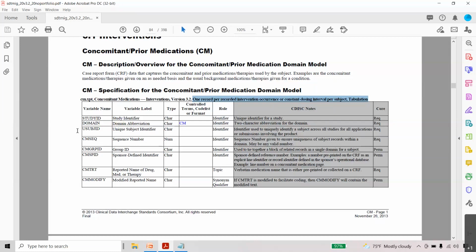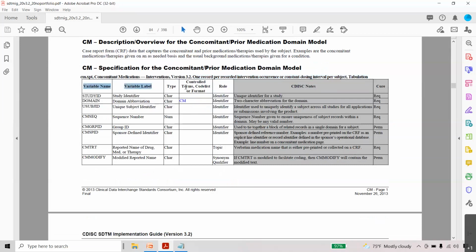Before going into the variable level information, understanding the variables is very important, and having that knowledge is also very important when you start learning and practicing. Initially it will be new and you may feel uncomfortable, but when you start reading and comparing the variable names between the domains, you can easily understand the variable names themselves.